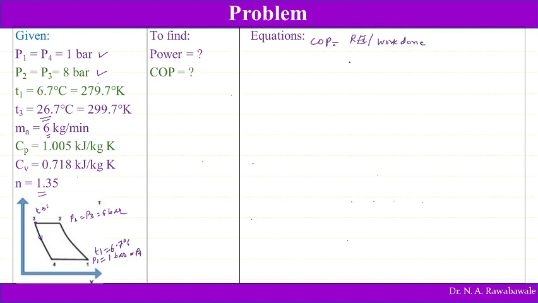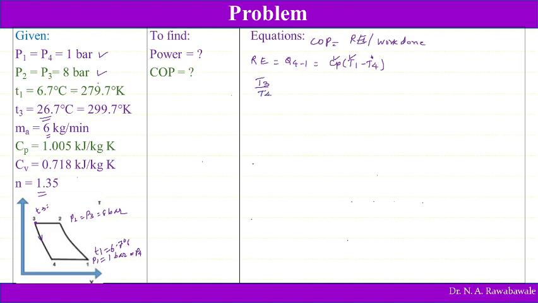So we must first find the refrigerating effect. Refrigerating effect is nothing but Q41, and that can be obtained as Cp times T1 minus T4. So Cp is given, T1 is given. To find T4,